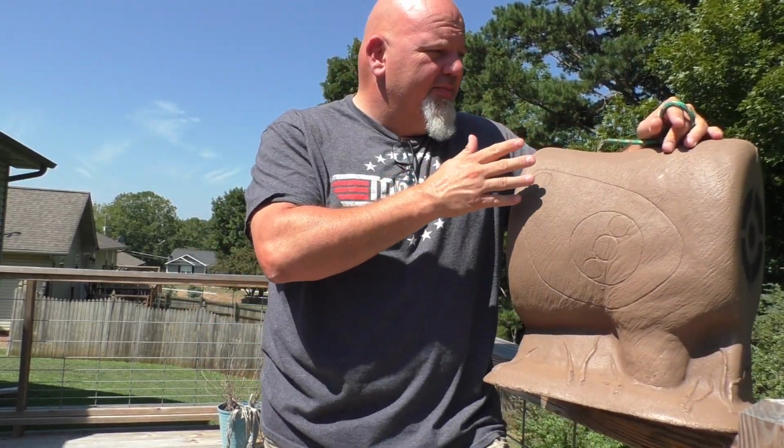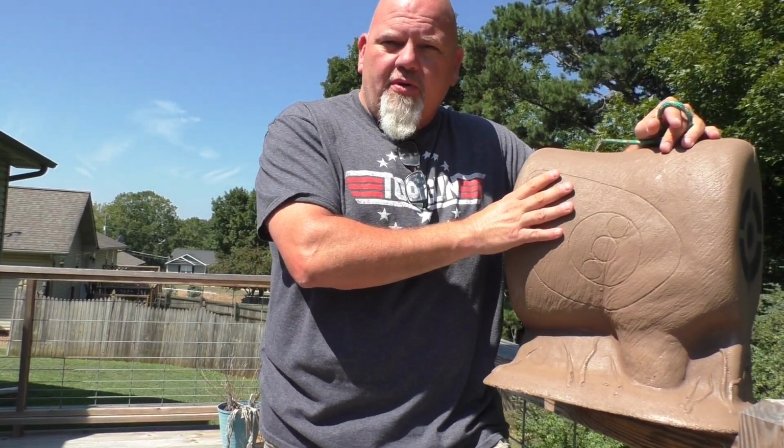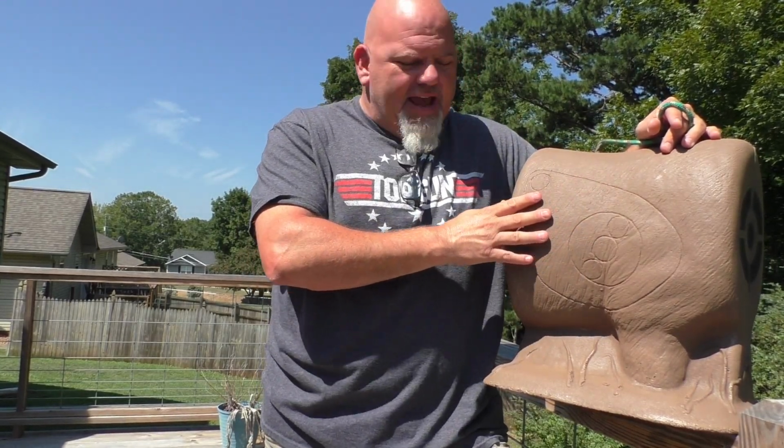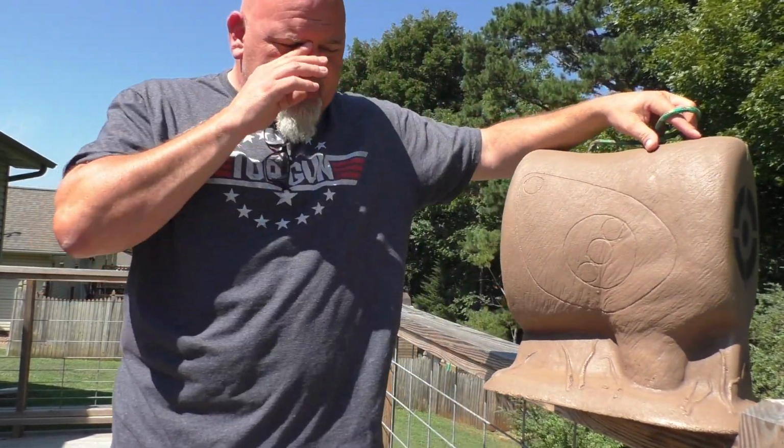We're going to take it down here and put it through the paces, fire some shots into it, see how easy it is to pull out of the foam, and hopefully get an idea of how durable it's going to be over time. But one of the first things I'm going to do to this target, and I've seen this on some other channels,